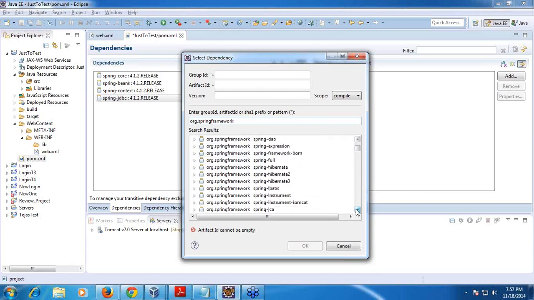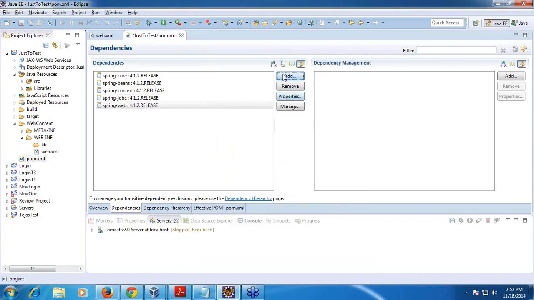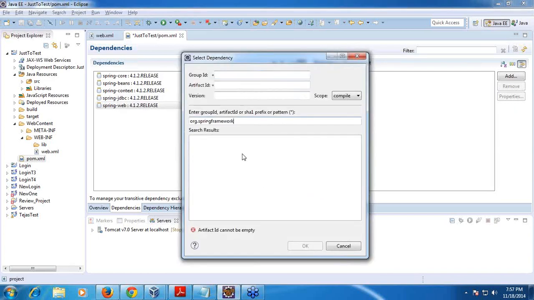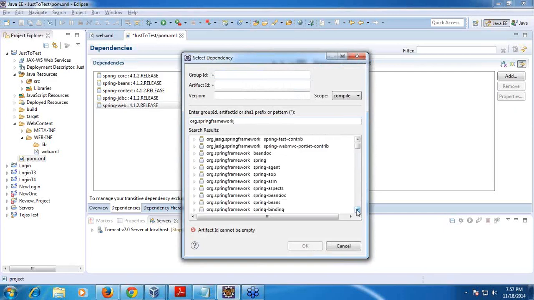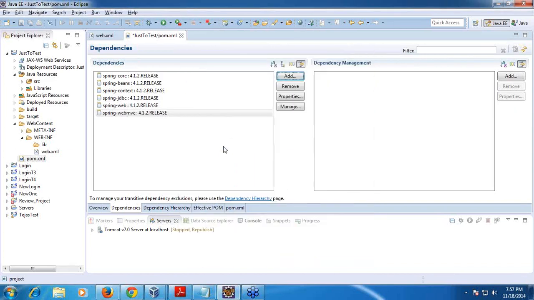Now for web, I need to take another 2 jar files. That is this web jar plus web MVC also I will take. Web MVC also. So these many jars are good enough. Core, beans, context with JDBC, web, and web MVC.